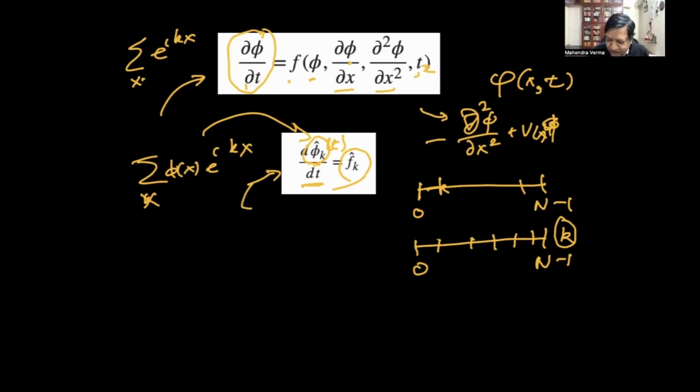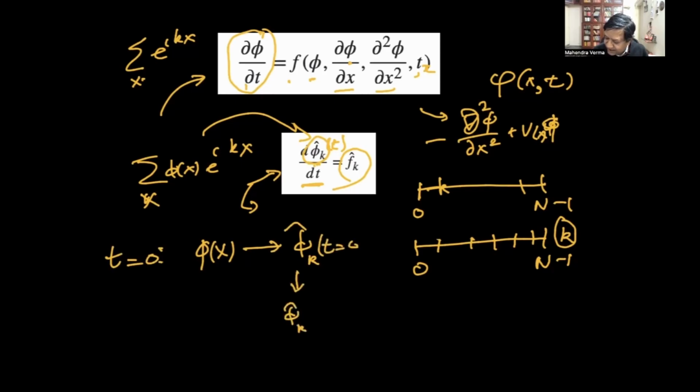For this ODE solver, you can use any method: Euler, RK2, RK4, Adams-Bashforth. Given the initial condition, I can solve for phi at any time. So the idea is, I will be given phi of x, and from this I get phi hat k at t equal to 0. This is known. Now this phi hat k will be time advanced, from t equal to 0 up to phi hat of k at t final. So I do dt, 2 dt, and so on. This is how we solve a PDE using the spectral method.